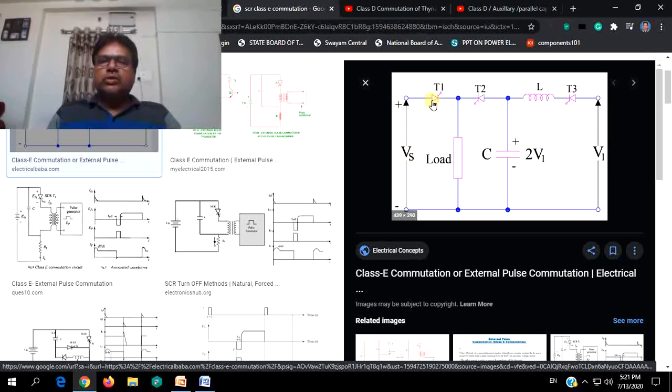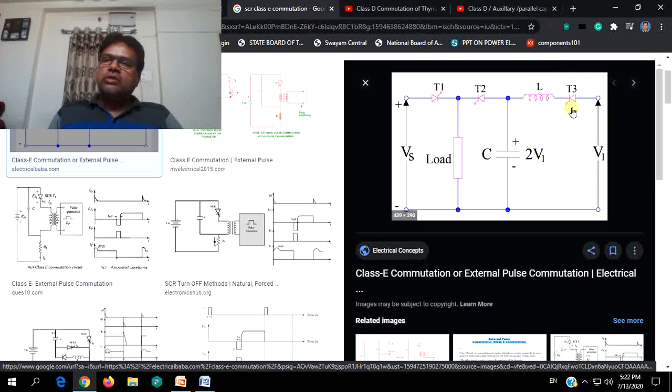This is where source voltage, main SCR and the load are shown like this. This is the actual circuit, and this is the capacitor which is connected in parallel with the load. And when you observe, the commutating components are C and L, a series L, and two more SCRs are employed for this. When you turn on the main SCR, load will be getting its current. That is straightforward, but the commutating is from this part of the circuit, where this commutating circuit will be given a separate supply.